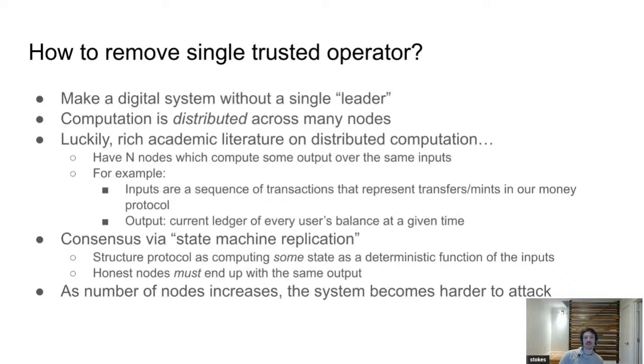And there's this notion of a majority in the system. This is really what we mean when we say consensus: at any point in time, there should be some majority of nodes that all have the same view, the same output, the same state. When they do this, even if some of the nodes are faulty, you still have a majority of them saying, this is the state of the world, right? So it becomes much harder to attack our system as we have more nodes doing the same thing.